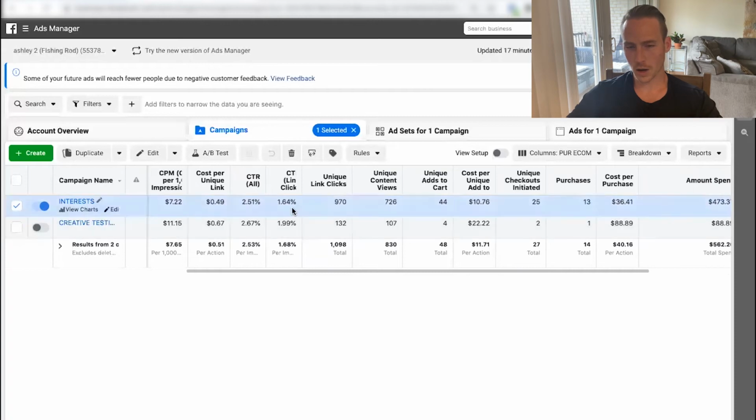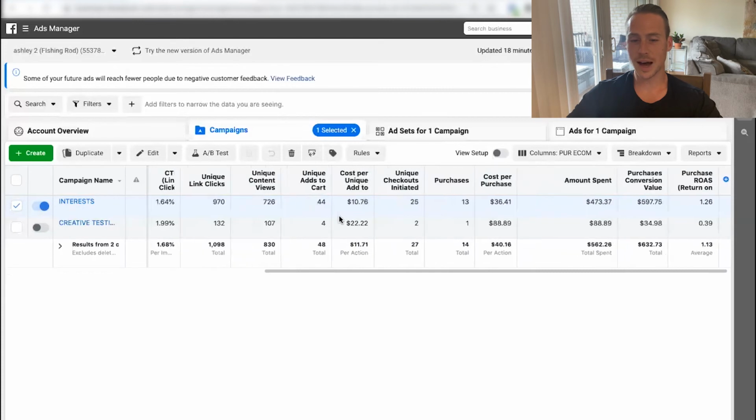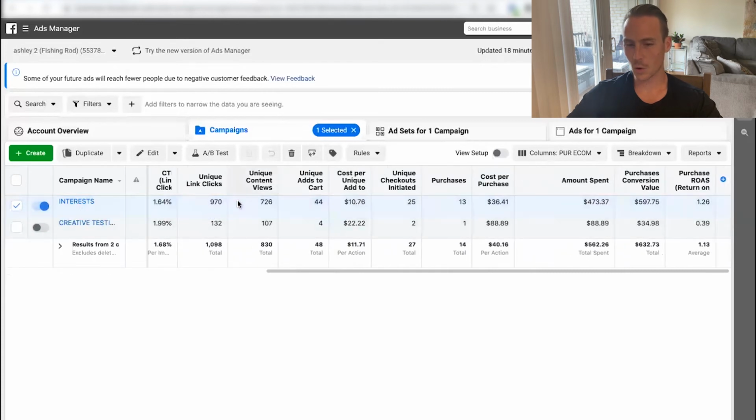So here we have 2.5% click-through rate all, 1.64% of the people that see this ad are clicking through, going to the page. I'm only paying 50 cents a click for something that I'm selling for $35, $40. Great, I'm happy, okay? Out of those 970 clicks, only 726 of them actually loaded the page, which I don't know off the top of my head, that might be almost 75%, 73%, something like that. So out of those 726 people, we had